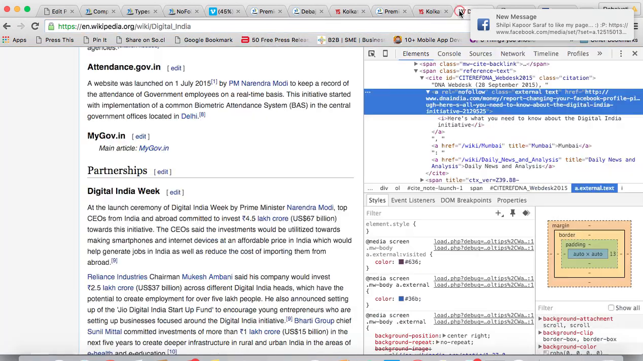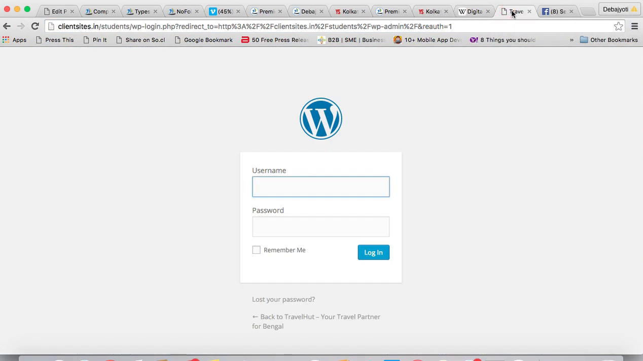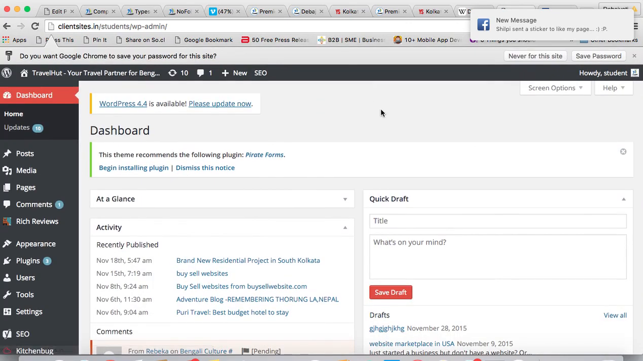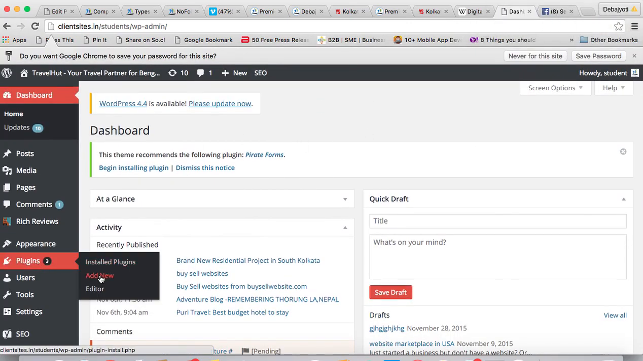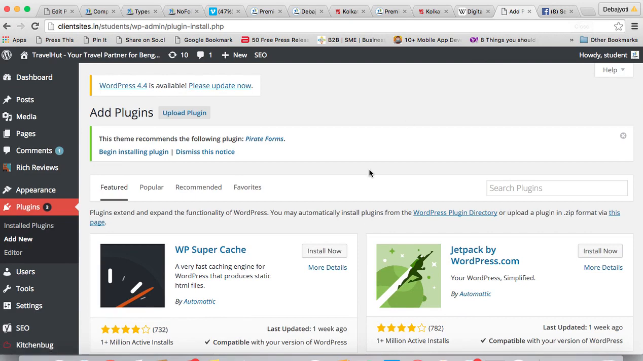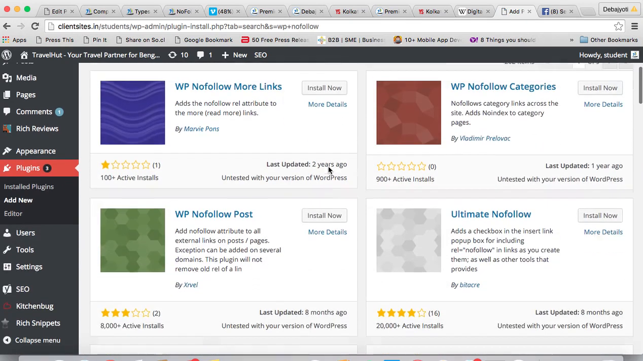Now if we check with this, we log into this panel and we check with the WP nofollow plugin here. So let us check with it. If we go to the plugin section, if we go to add new, we can search here with WP nofollow. So we search this plugin. So you can see WP nofollow